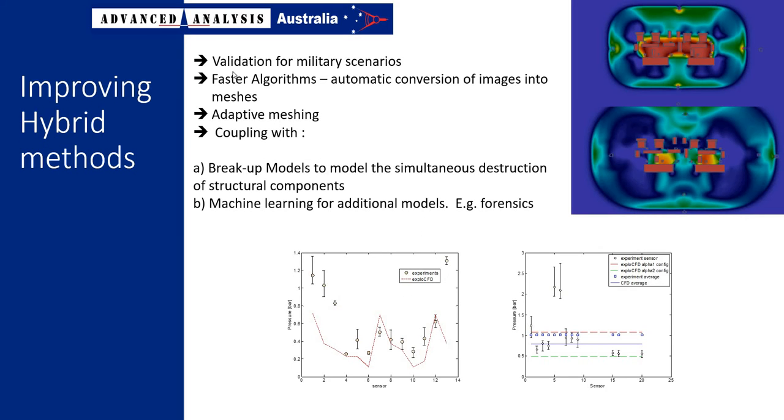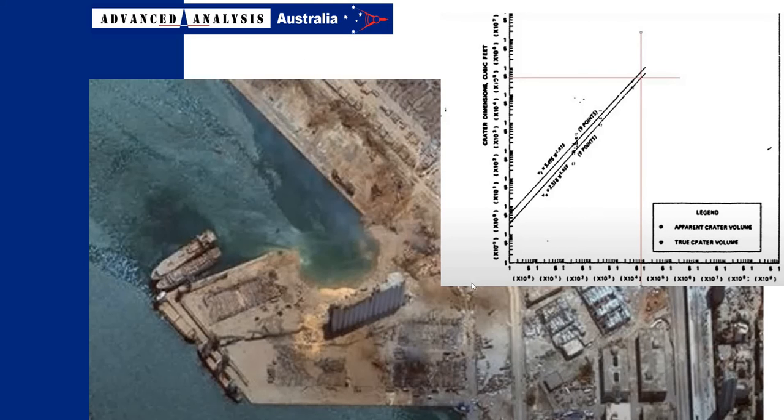Here's what it needs: validation for military scenarios, faster algorithms, adaptive meshing, and then you can free yourself to do the real innovation, which is coupling to breakup models for structural components, and also adding things like machine learning for forensics. For example, in the Beirut explosion, one of the unknowns, the biggest unknown, is how much